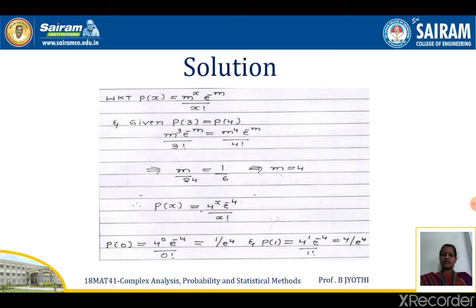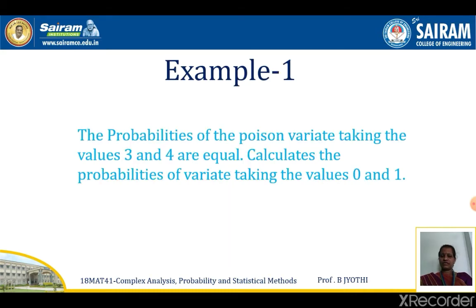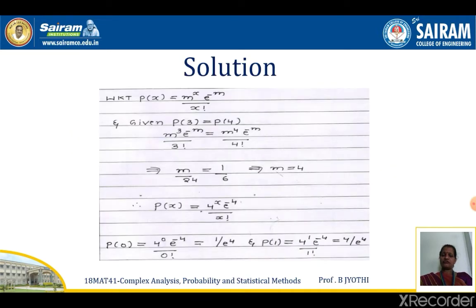And it's given that p of 3 and p of 4 are equal. We can observe in the question here, the probabilities of Poisson variate taking the values 3 and 4 are equal. That is what they have given. Therefore, p of 3 and p of 4 are taken to be equal. Then,